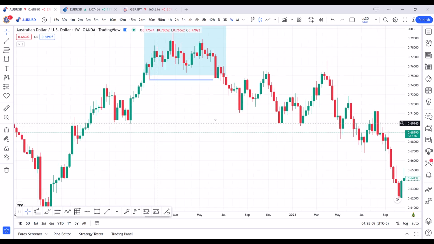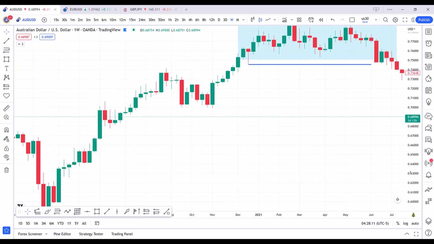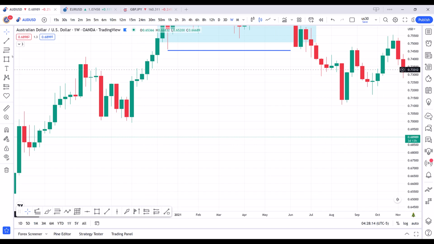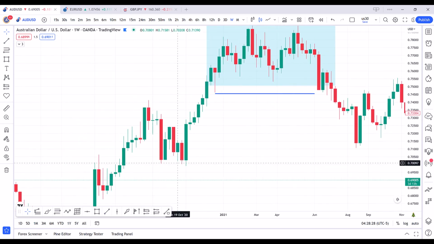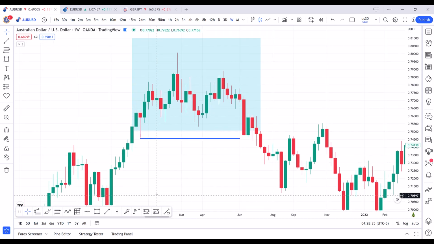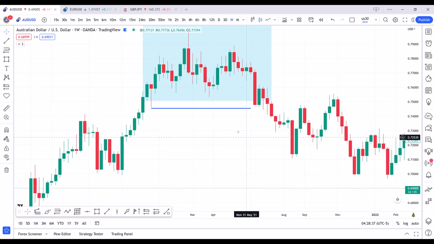What is an imbalance? It's the space between the first candle and the third candle in a 3-candle formation. For example, here we have our first candle here and this third candle here. So the space between this shadow and this shadow is going to be our imbalance. And what is liquidity? You can see the ultimate liquidity videos. I have 2 ultimate liquidity videos in this channel, so watch them.